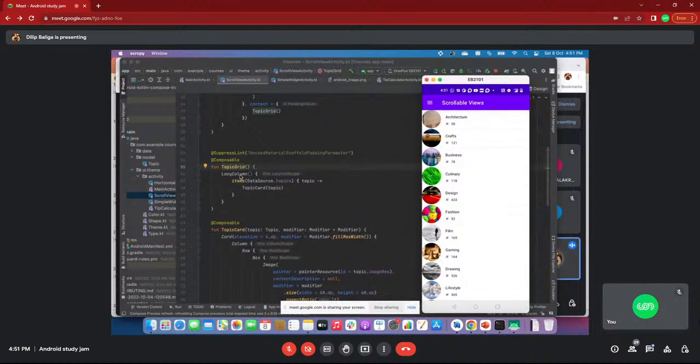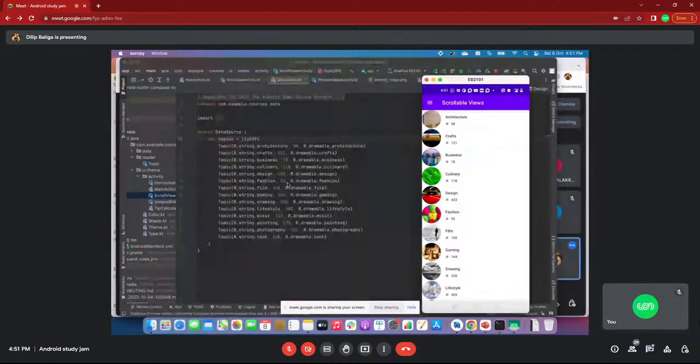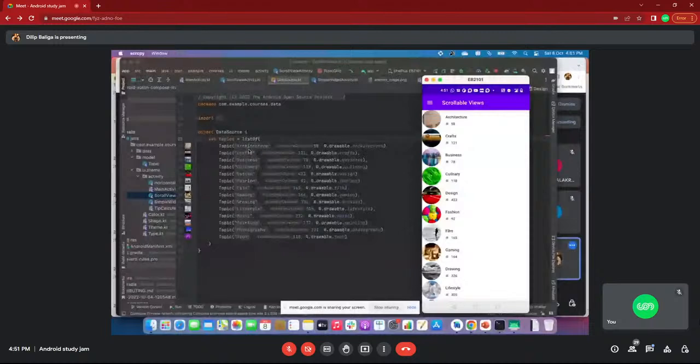a lazy column. It will render the specified items. Inside the items I have the data source topic, meaning I have given the list of topics. That topic is rendering here.